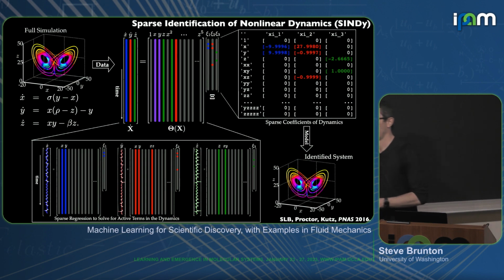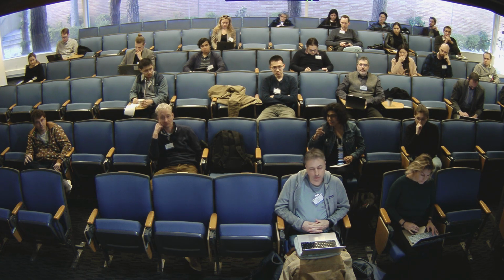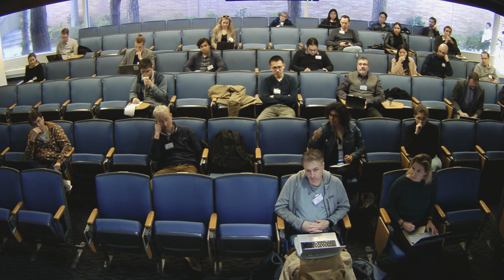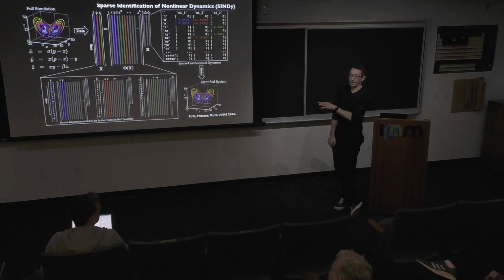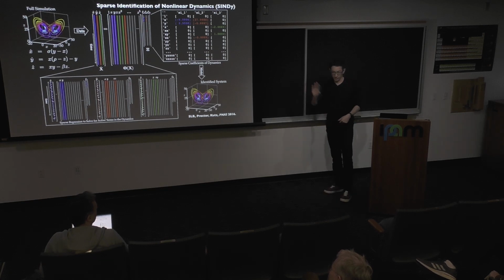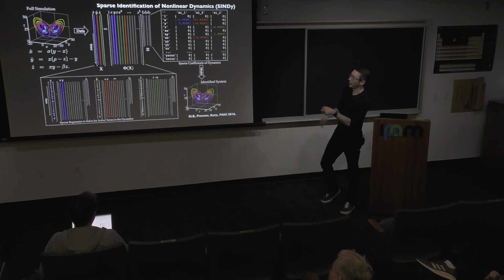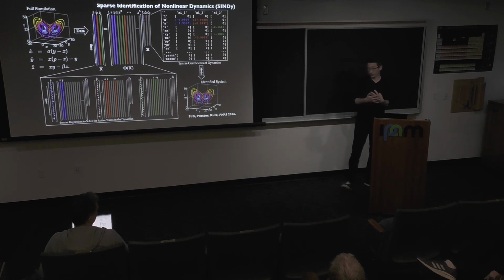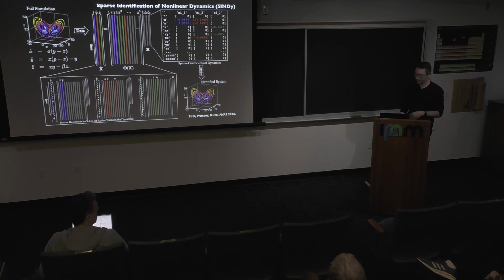So because you mentioned lasso, that was exactly my question. So as I understood, you are enforcing sparsity here in an iterative manner. Yes, so it's morally like the lasso, but we have our own algorithm that is a sequentially thresholded least squares algorithm. And the reason we do that, I'll give a teaser for later, is that when I do a least squares at every step, I can do constrained least squares. So if I know that there are symmetries that should be adhered to, I can hard constrain those symmetries to be enforced at every step of that process, which is harder to do with other sparse optimization. Okay, great questions, thank you.